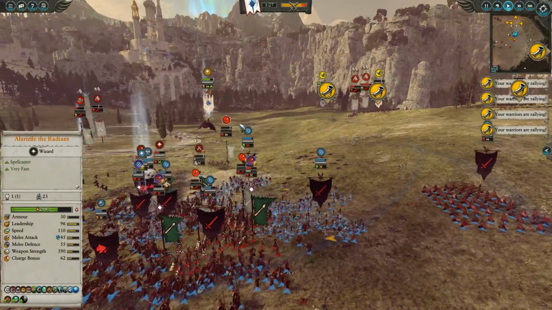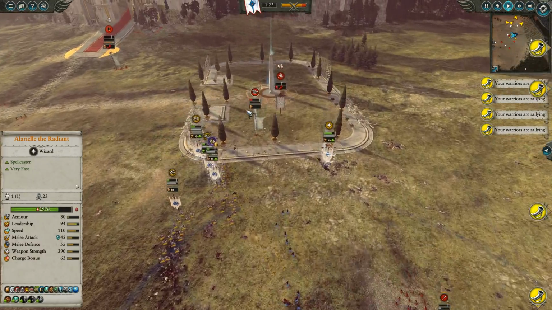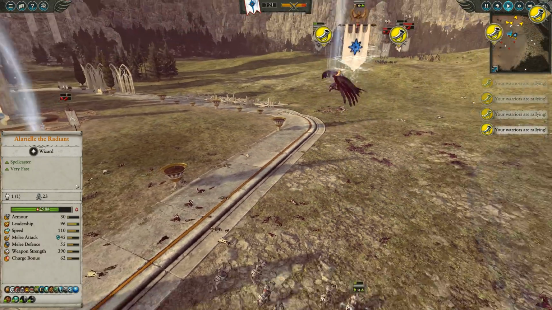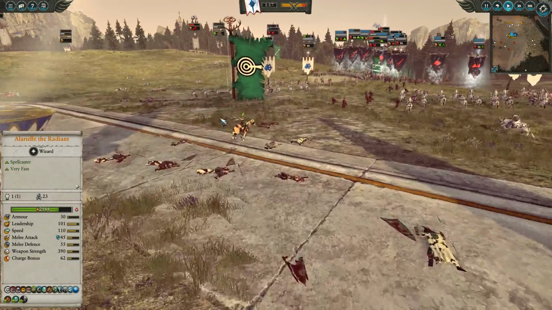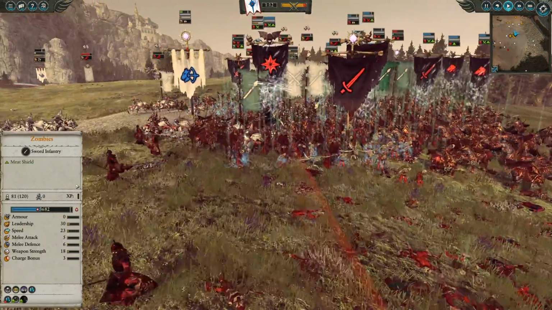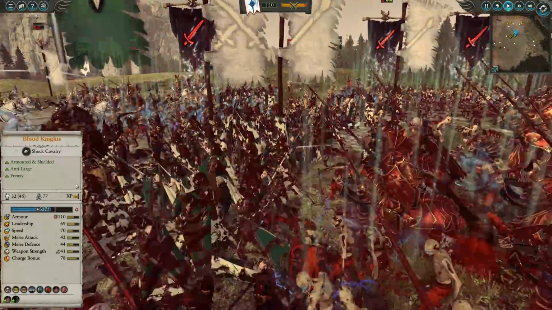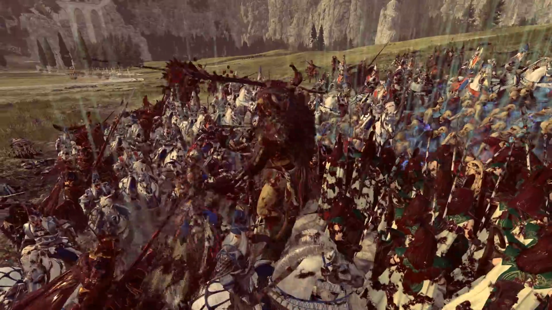Alariel still freaking out up in the air. Looks like she's going after this Spellsinger potentially. But yeah, just a matter of time here before the Elf Alliance gives up the fight, and life and death here will prevail, of course. I guess you could argue that the Wood Elves are kind of like the forces of life as well, but